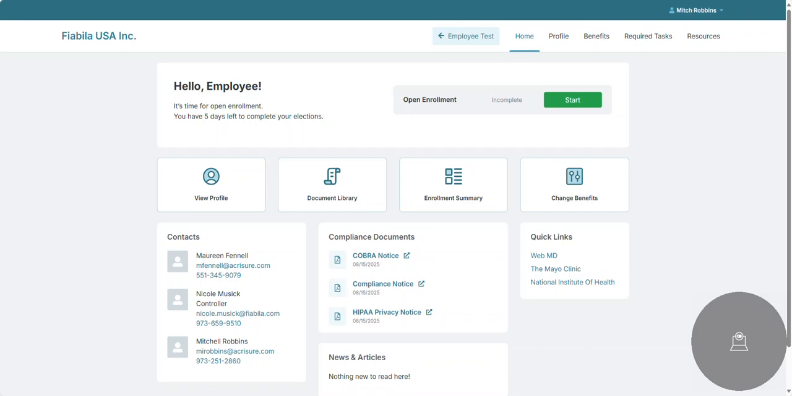This is a demonstration of how to use Employee Navigator for open enrollment. So when you log in, the first thing you'll see is the Start button on your home page, and your name will be shown here. To begin, click on the Start button,